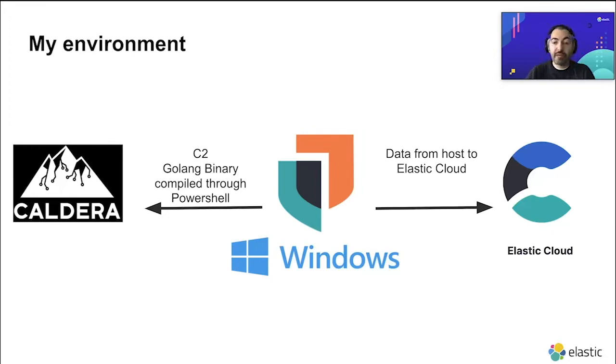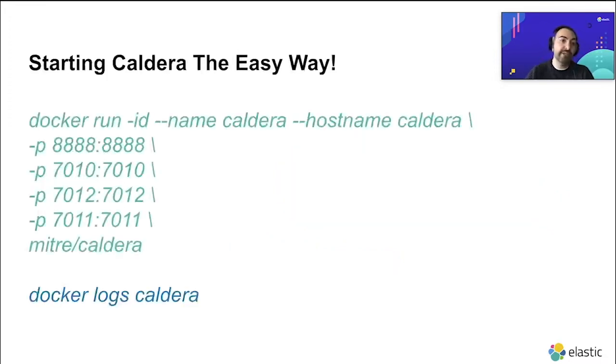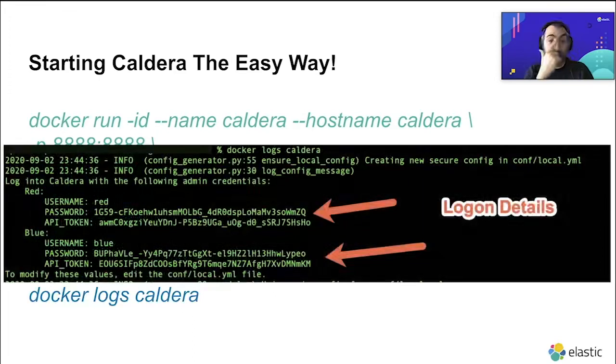Now, to get started with Caldera, I normally pick the easy way, which is docker run, specify the name Caldera and host name, and you'll get the latest updates. They're pretty good at updating their code and their Docker instance. This just makes sure that the ports are exposed, and then you can run docker logs caldera to find out the username and password. So there are default, pre-built logins for you. Very simple. You're up and running in a single line. The reason I like the Docker format is that you can just spin it up and spin it down, and you don't have to worry about that.